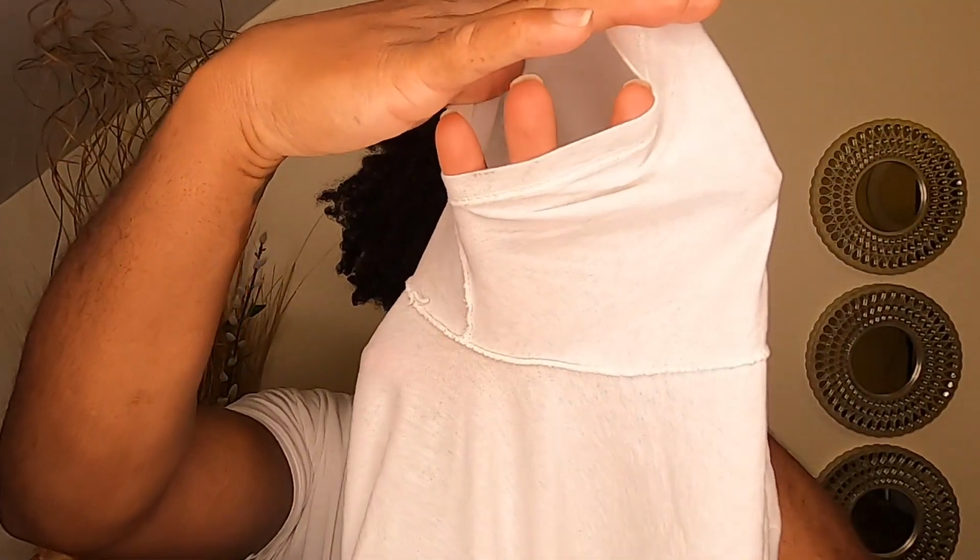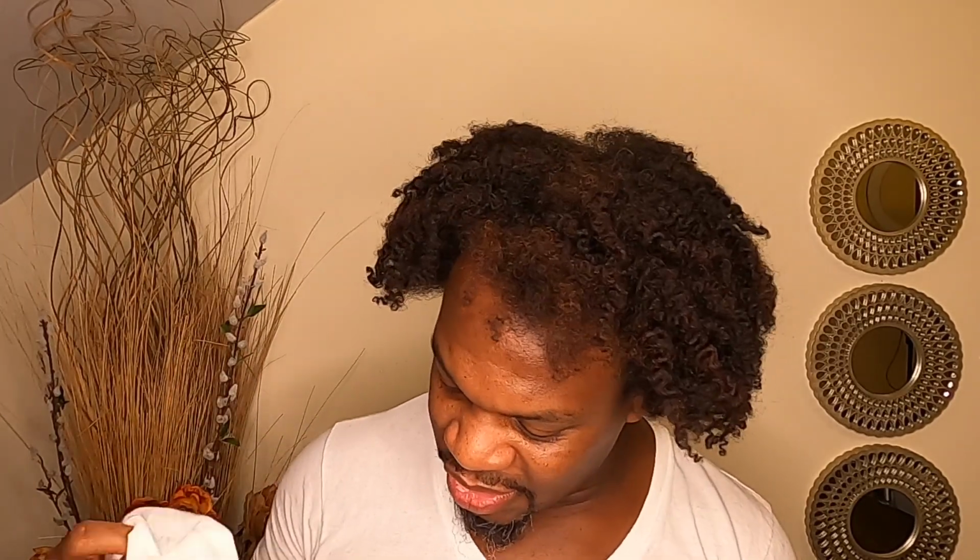These are all dirty t-shirts, so let's look at them. Even the one I'm wearing today, this was the last one of the clean t-shirts, no staining. So that is a very, very good thing that I was able to get through this pack of t-shirts in a month's time, and there's no staining, not even a little bit,